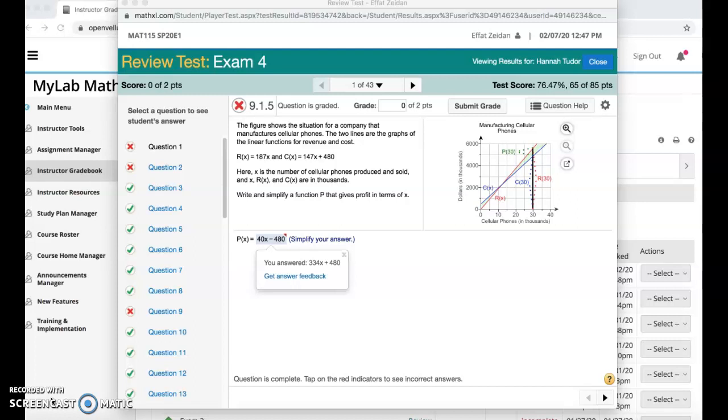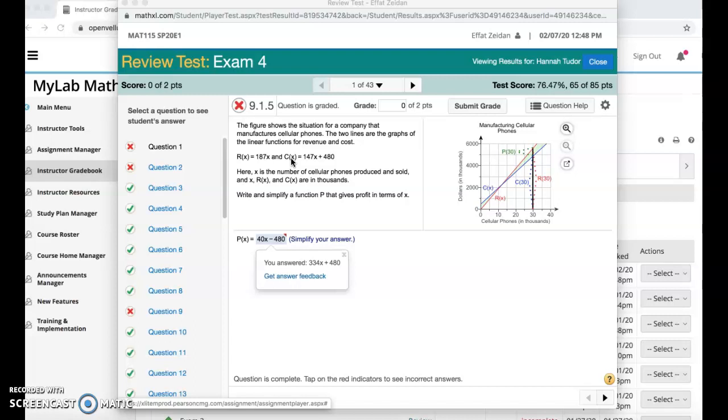So if we look at this first question, it's asking you to figure out what the formula is for profit. They're giving you the formula for the revenue, which is how much money you're getting in total, and then how much is the cost of selling a cellular phone. So they're giving you the formula for each, and X represents the amount of cell phones that are being sold,